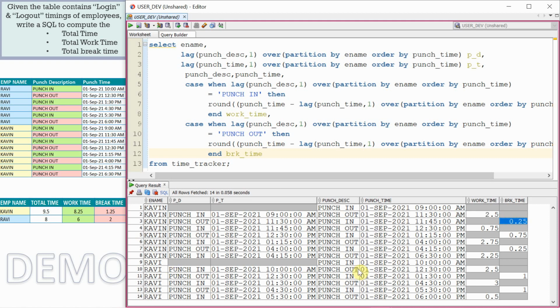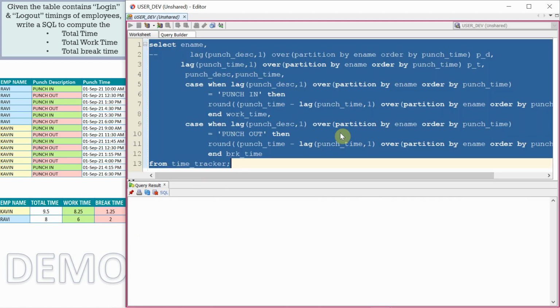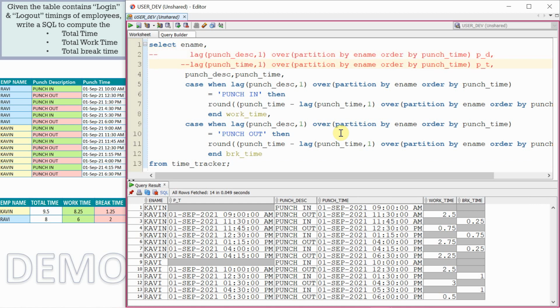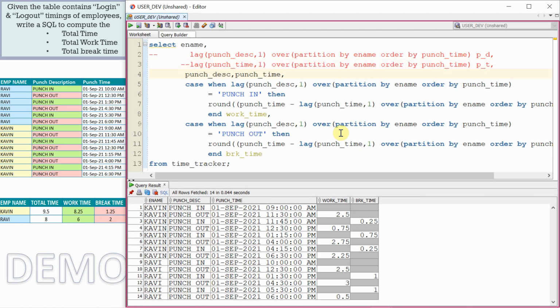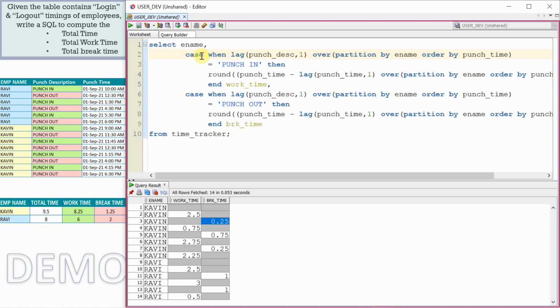For example, in case of Ravi, he has taken actually 2 breaks, like 1 hour break. So now anyway, all these informations we are not interested in. This and all I just showed you just for understanding only. So all these things, let me just comment it out. This is not needed. Similarly, this is also not needed. This is also not needed. We are just interested in an employee name and what is the time he spent in the work and what is the time he spent in the break. So in fact, we can remove all these things. Fine. So now we got the employee name, work time, break time.